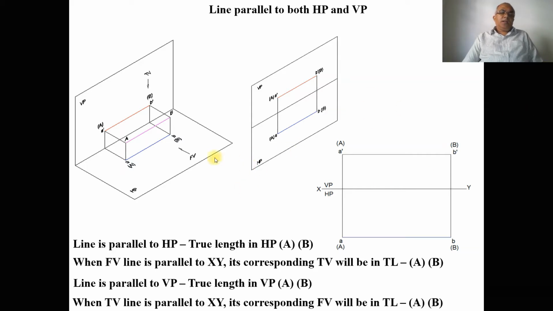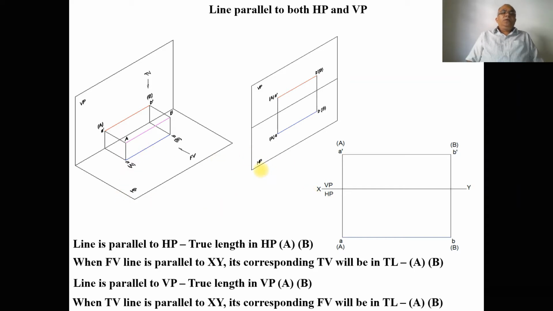Because here the object is between the plane and the observer. Suppose you look from the front view, the object, this line, is between the plane and the observer. Similarly, when you look from the top view, you can see the object is between the plane and the observer. That is the reason why we go for the problems on the first quadrant, and all other quadrants we have been neglecting because the university says